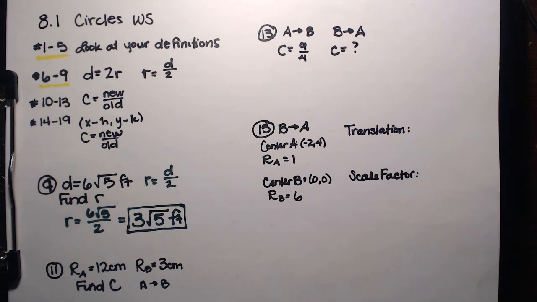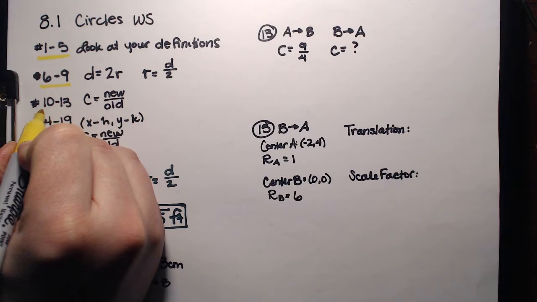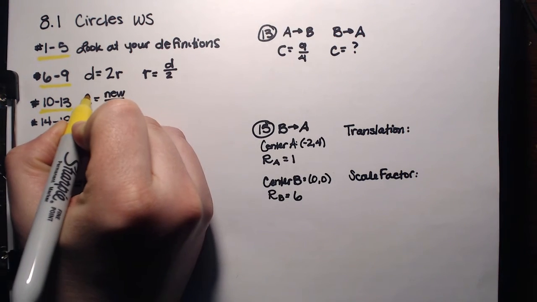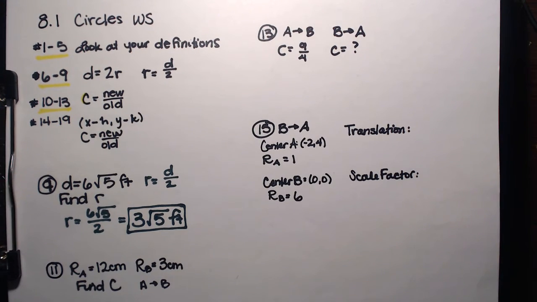The next thing I'm going to look at is scale factors. So for 10 through 13, we need the fact that the scale factor, which I'm using is C, is going to be the new value divided by the old value. So it's the new radius divided by the old radius. So on 11, I have,